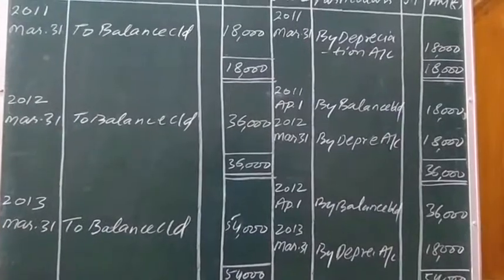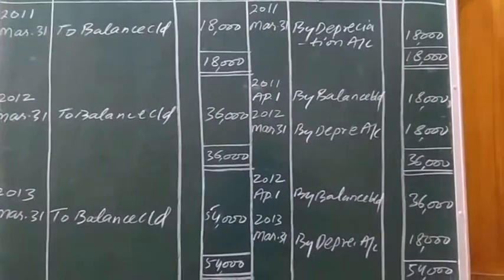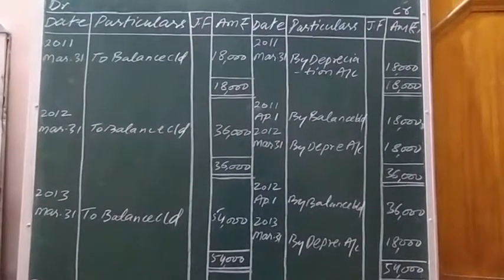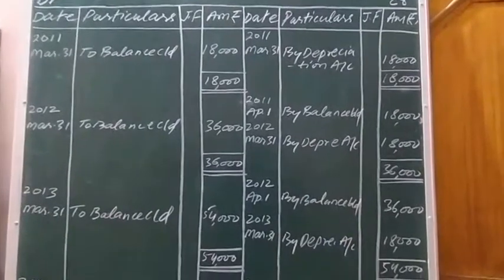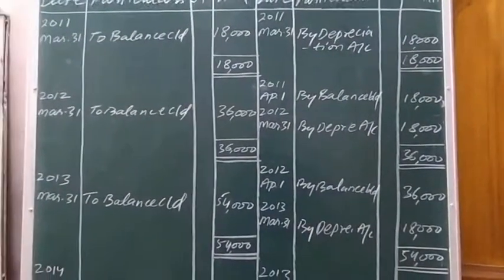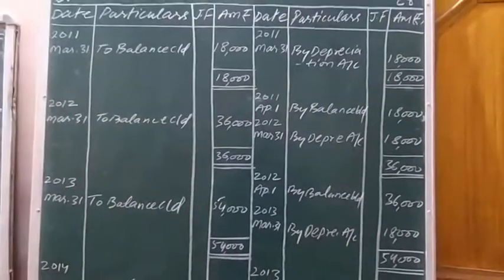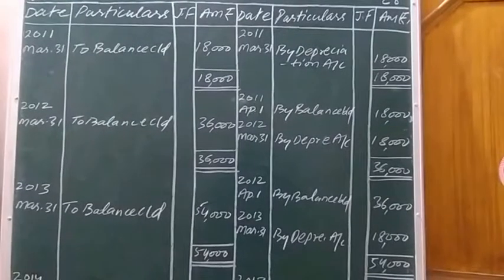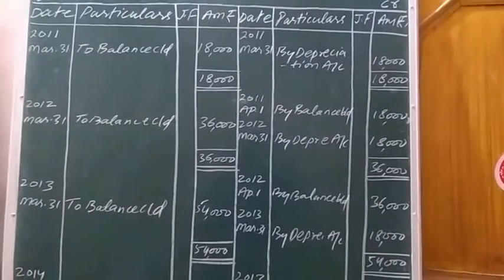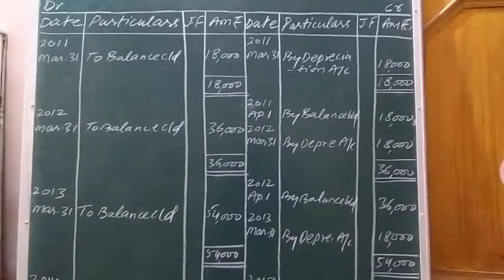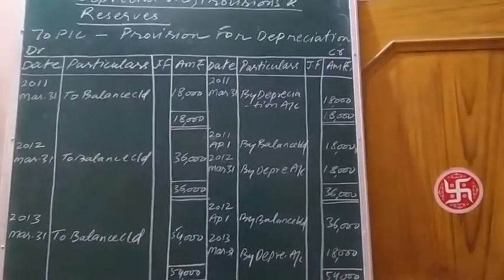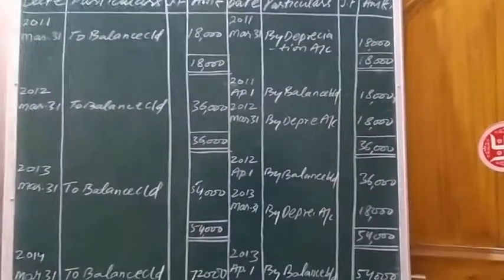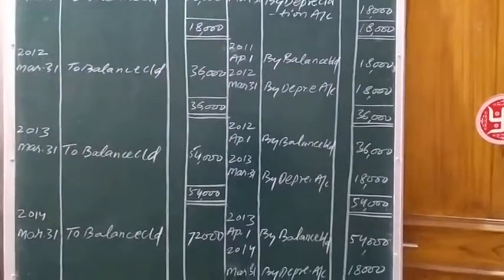Again the same procedure will be adopted. At the end of the year the depreciation will be charged, 18,000. We need to do the totaling of the credit side, and the total of the credit side should match with the total of the debit side, but nothing was there on the debit side, so whatever balance shortage is there on the debit side, that is 54,000, will be placed on the debit side of the provision for debt account. Now we just bring down the same balance on the credit side, 54,000. Again the same process is adopted.